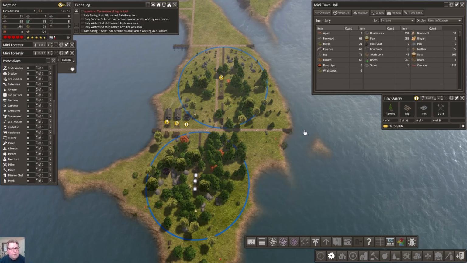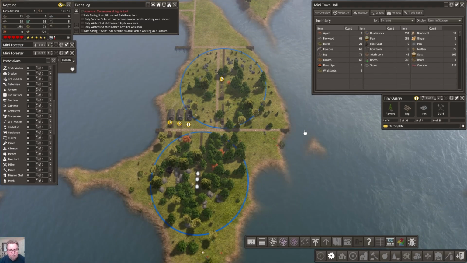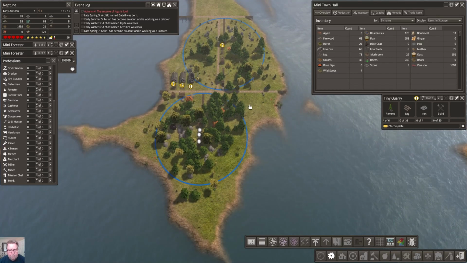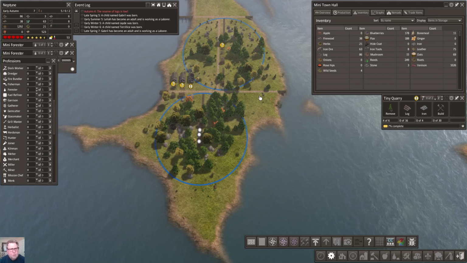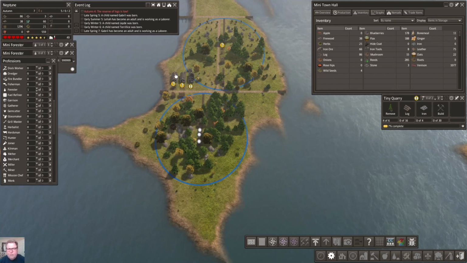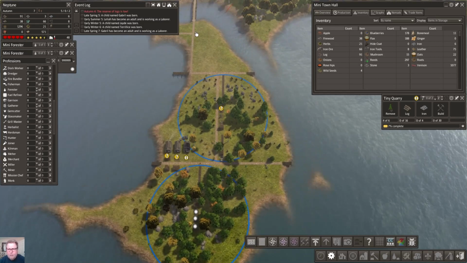The logs are coming up. We do have firewood. Stone, we have a little bit, which I'm not sweating. They're collecting logs from the outside. If I needed stone, I can get it. I got a little bit here, and as long as I've got a little bit of iron in stock, I think I'm going to build my quarry